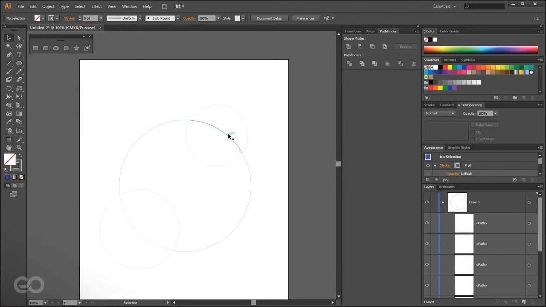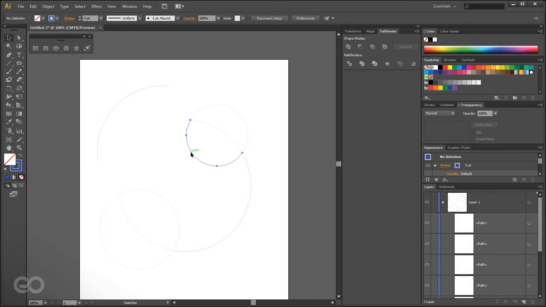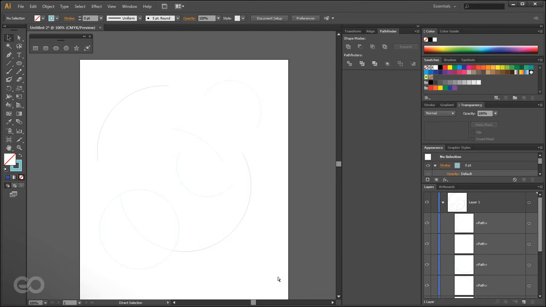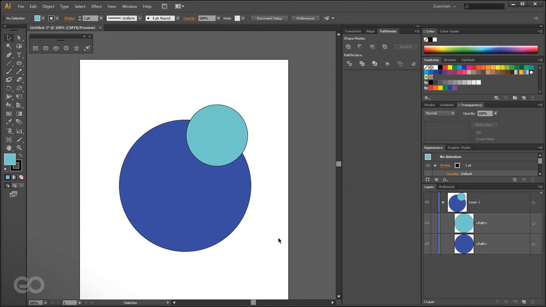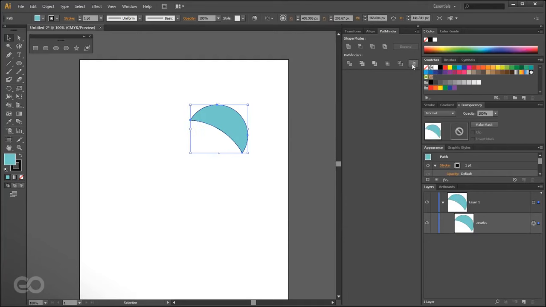If I do ungroup, I can select different objects individually, and as you can see, using this outline option basically split out each and every single outline I have in those objects which are intersecting. Quite a useful feature. Now apart from that, I have the last option, which is minus back, which basically